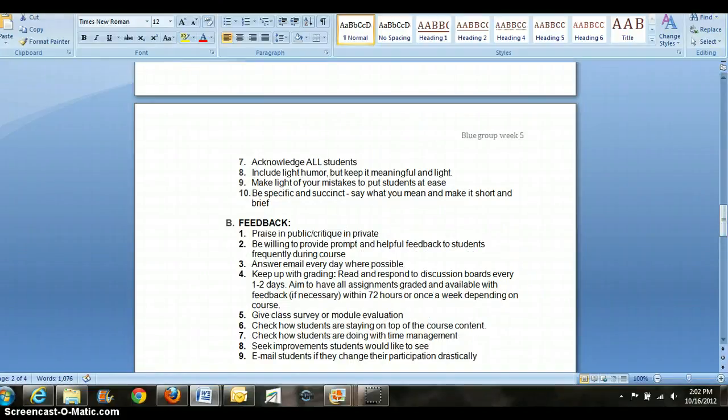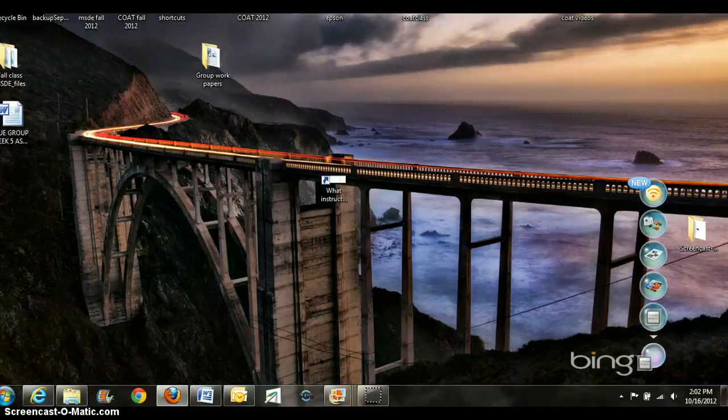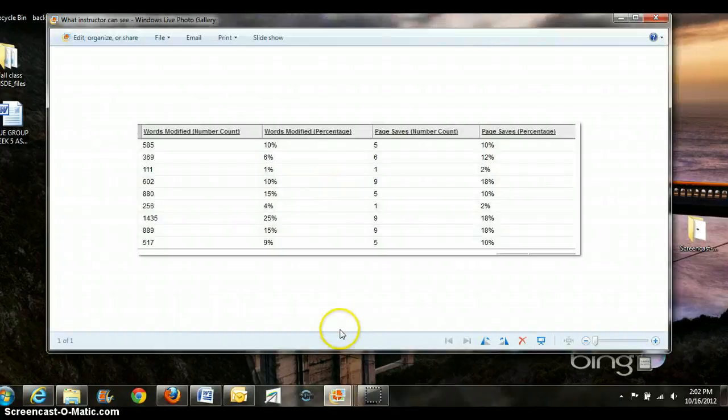Now, the other problem with group work is that sometimes people feel that everyone doesn't pull their full share, and that is always true. But you need to know that in Blackboard, there's a list of student names, and it tells me not only can I click on a student's name and see every single change that person made, I can also see a table that tells me how many words were modified, what percentage of the words this person contributed to the group,